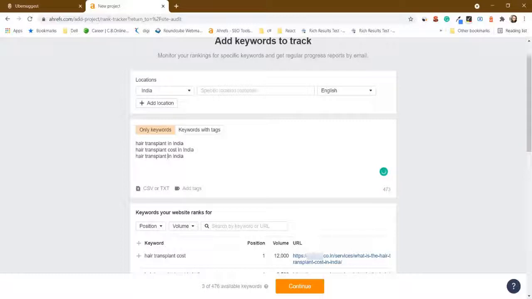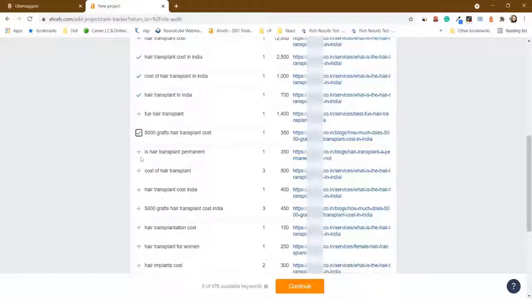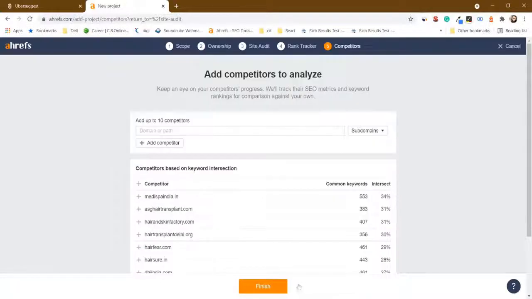Okay, so these are my keywords on which I want to rank. I can even select from the options that come over here. So I'm selecting a few, and once I am done selecting, I'll just click on continue.